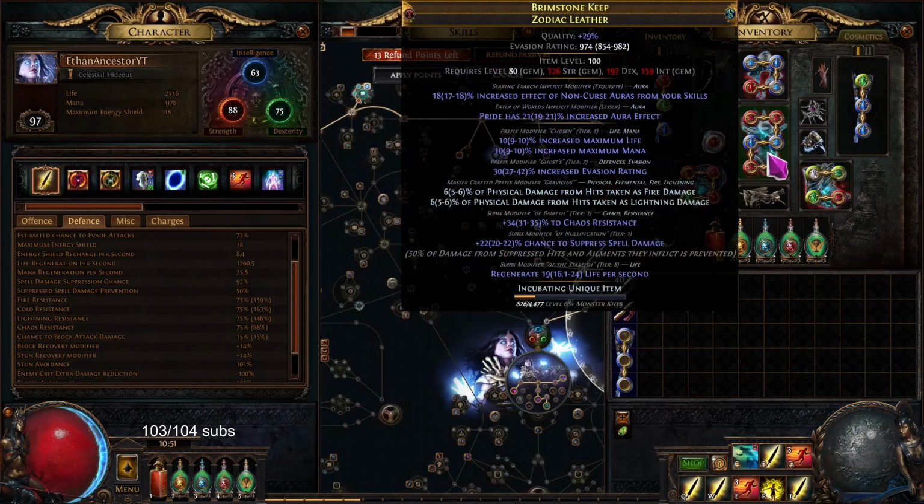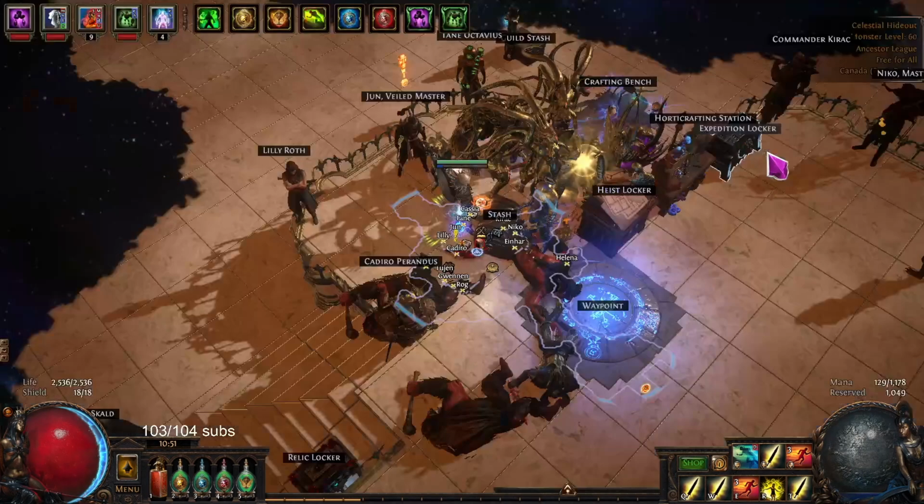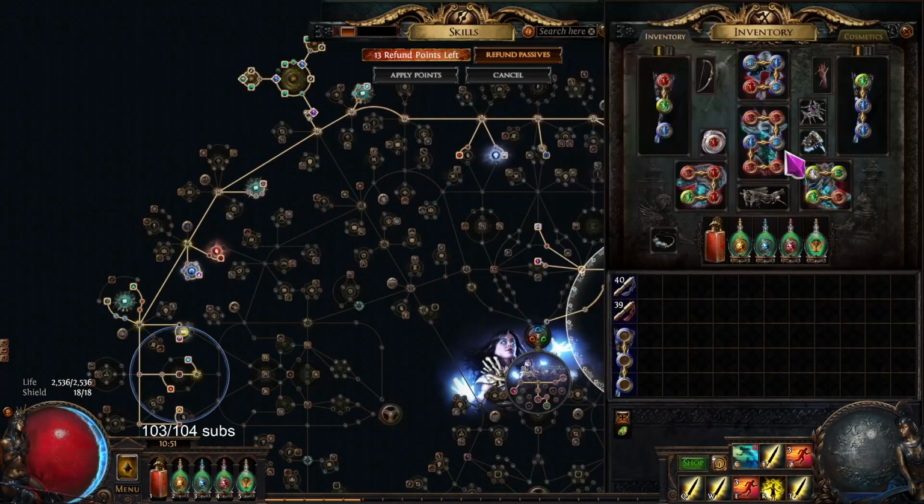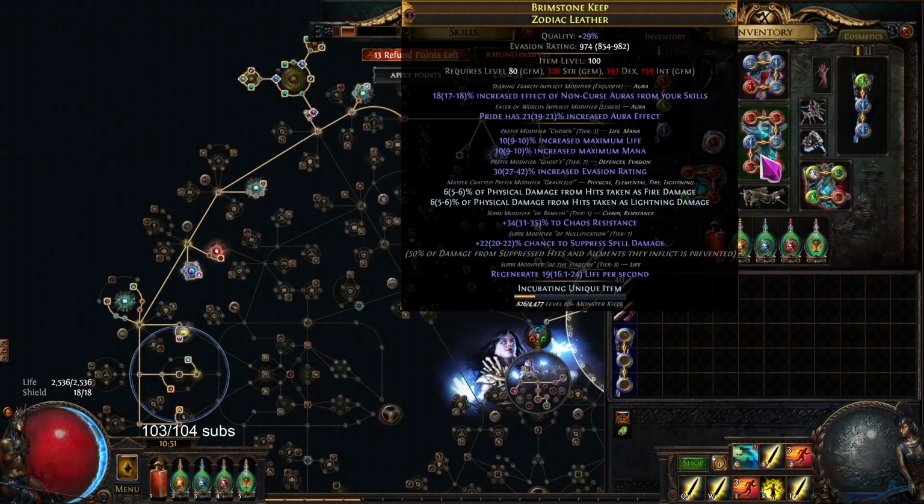Yeah. And so this chest, I used Essence of Envy, just Chaos Essence, and then I hit the T1 Suppress, and I slammed Life Regen. Because I got Life Regen, it meant that I can't use the Life Mastery for 15% max life. So because of that, when I did the Veil on the